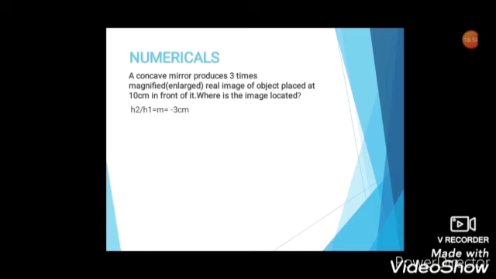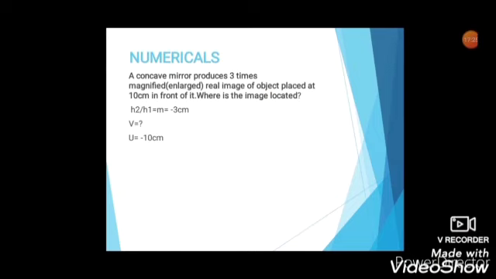And where is this formed? It is below the principal axis, if you recall the ray diagrams. So anything below the principal axis is given by negative. That's the reason there is a negative sign for your magnification. So it's -3. You need to find the location of the image, so V is a question mark. U is 10 and it's given by a negative sign. Here again I need not explain. It's the object distance, it's towards the left, so it's given by a negative sign.